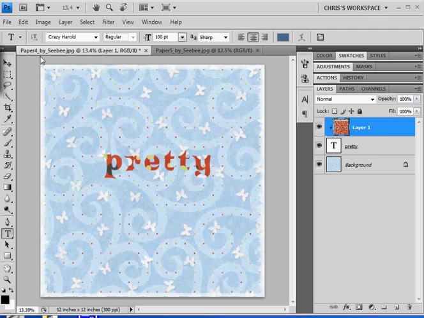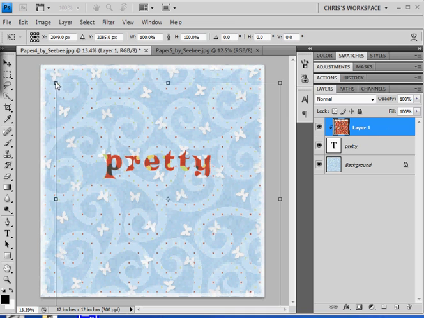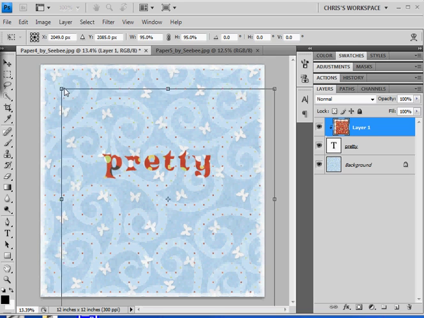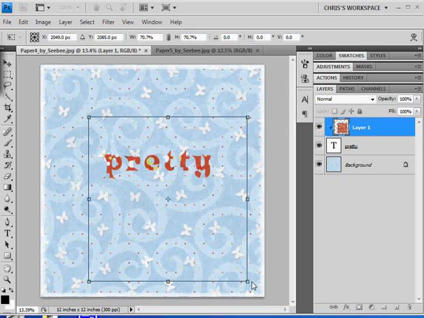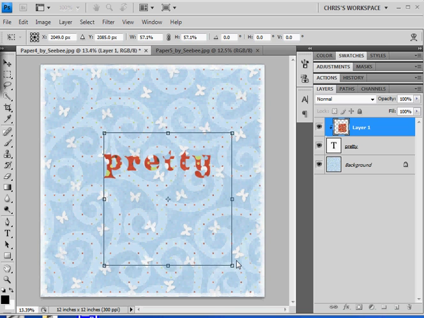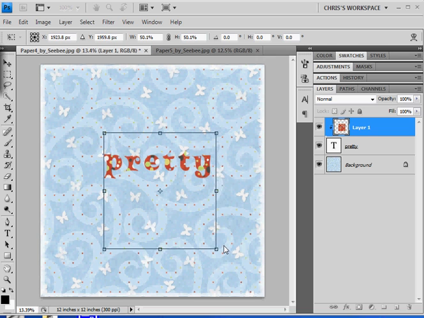flexibility of digital scrapbooking here. I'm going to choose my move tool, and with this paper layer selected, I'm going to click on one of these corner handles, holding down the Shift and Alt keys so that it shrinks from each corner, and I'm going to make this paper smaller so that the scale of those dots is a lot smaller here. Now I let go of the Alt key as I'm clicking in. So now, I have to maybe nudge it over a little bit more. I'm just playing with it,